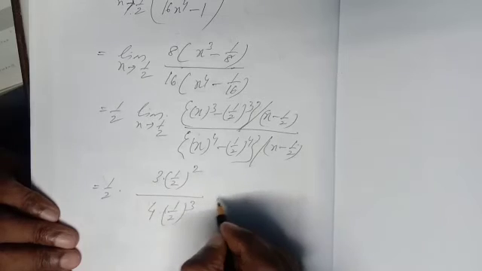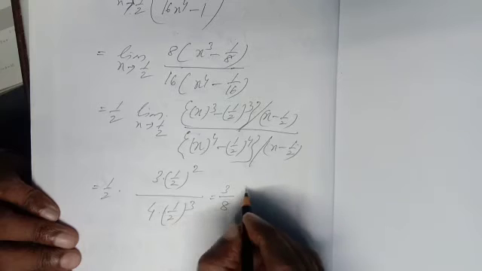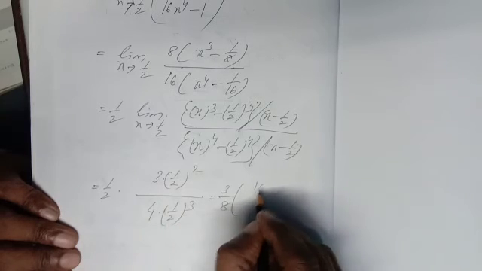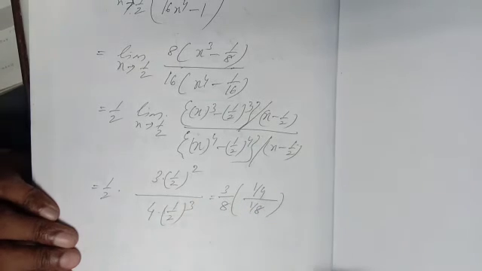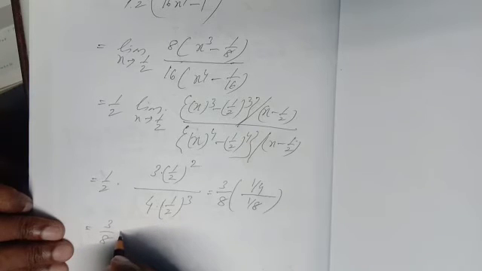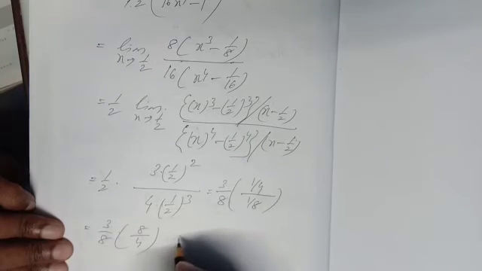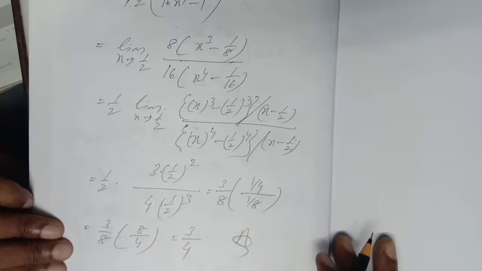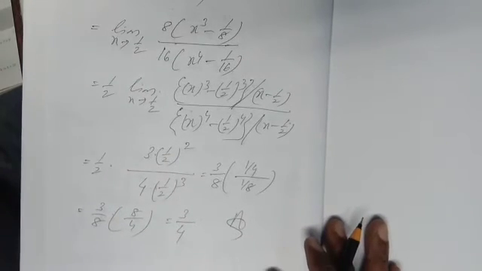So finally how much are you getting? This is 3, this is 4 into the 8. And here (1 by 2) whole square means 1 by 4, and this is 1 by 8. So finally what will we get here? 3 by 8, and this is 8 by 4, the 4 cancels. The answer is 3 by 4. So what is the answer of number 2 first part? 3 by 4. Are you able to understand or not? Let us see the next part.